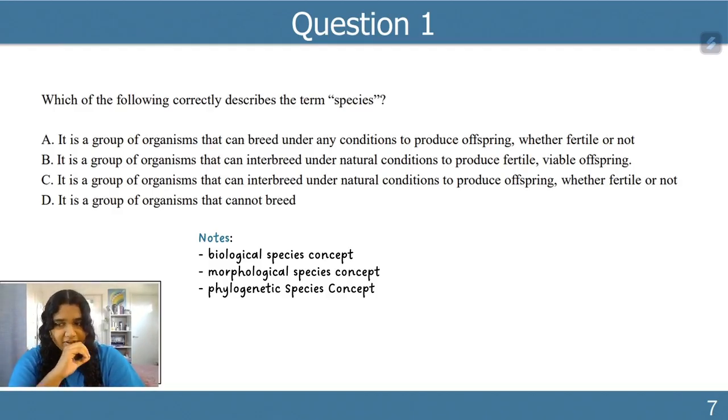So humans have been able to develop technologies that can break down molecular sequences, so like protein sequences down to the base pairs within a gene. The more differences there are within phylogeny or within genetic similarity, the less related two species are. So that's the third species concept, and that one is limited by the technology that we have. If we're not able to make accurate genetic screening technology, the phylogenetic species concept can't exist.